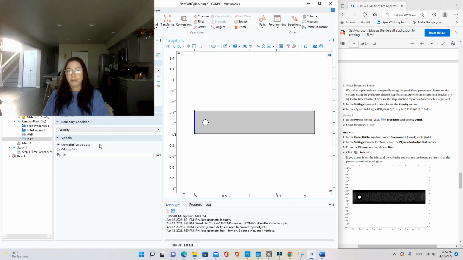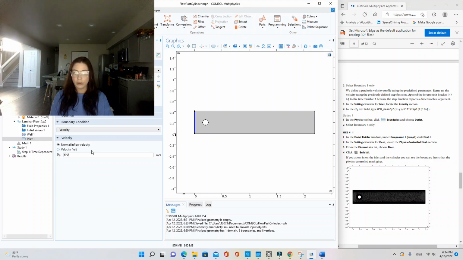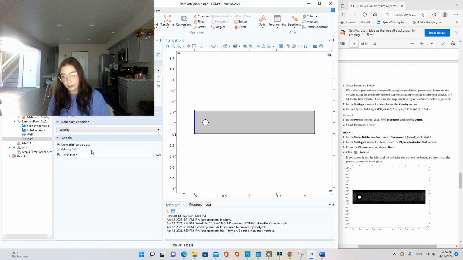So right here, in the U0 or velocity field, select or type 6 times U underscore mean, which is the variable we defined before, times Y times H minus Y over H squared times step 1 of T, and we're giving it